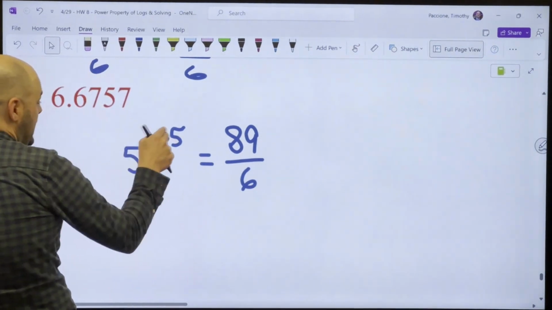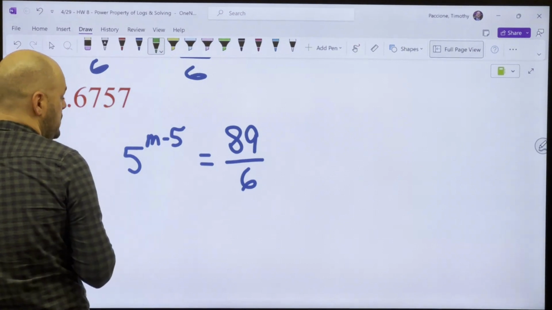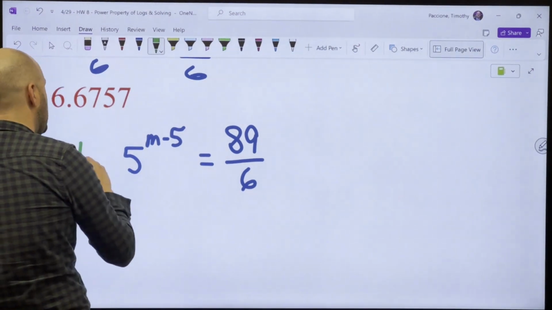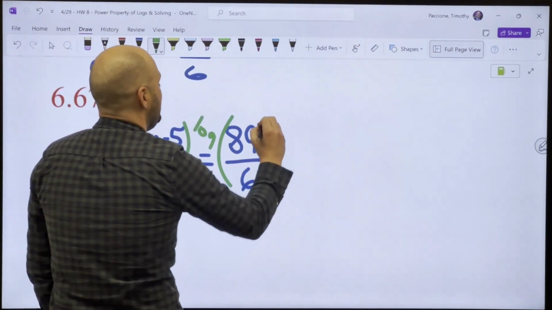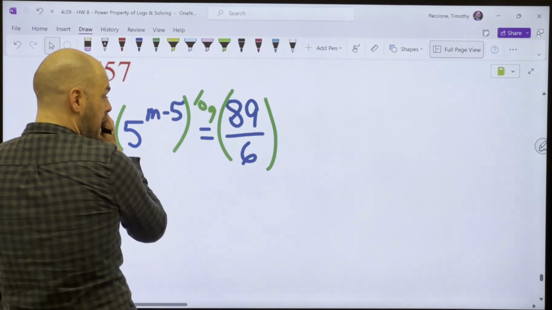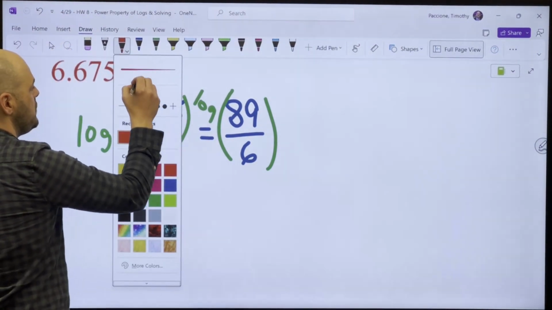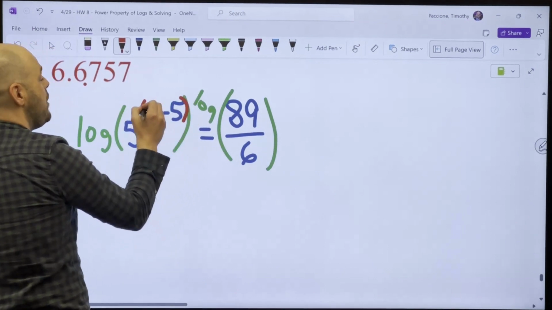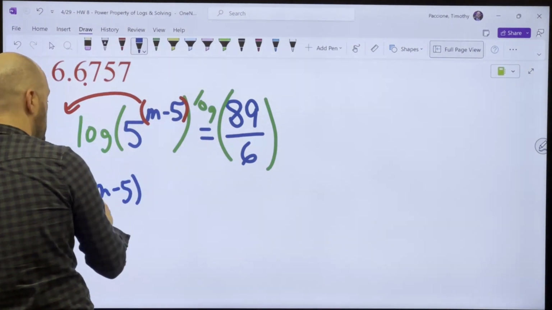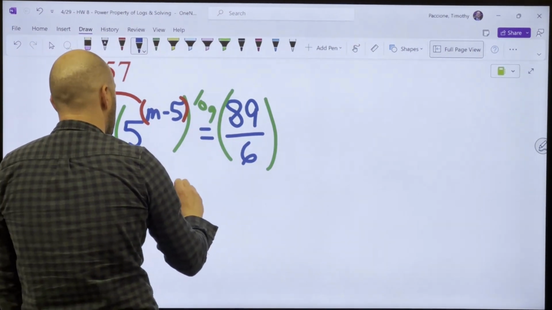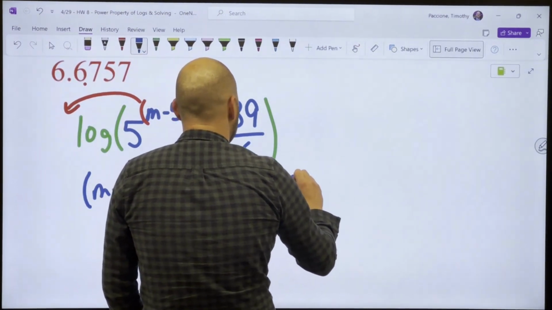So now I want to get that variable out, so first I have to log both sides. Okay, so if I log both sides, now what is the exponent here? It's the whole of m minus 5, right? So that whole thing goes out front, and I end up with m minus 5 times log of 5 equals log of 89 over 6,